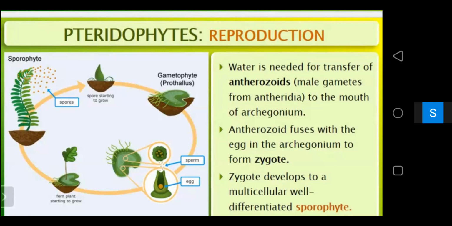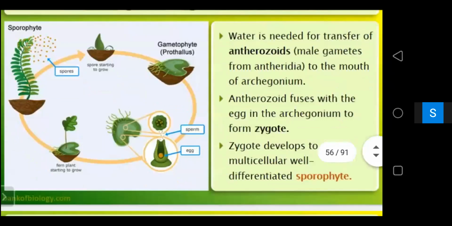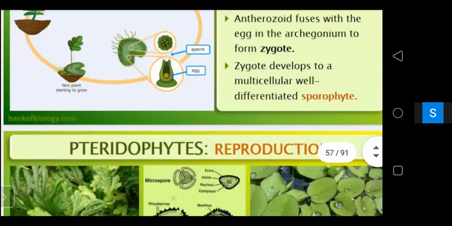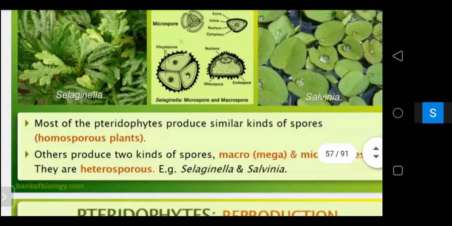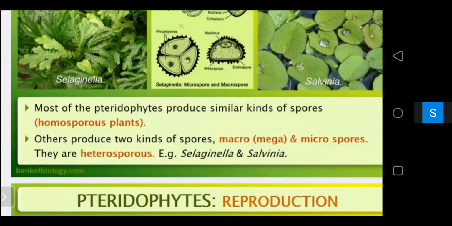The zygote therefore produces a multicellular, well differentiated sporophyte, which is the dominant phase of the pteridophytes. In the majority of pteridophytes, all the spores are of a similar kind. Such plants are called homosporous plants, where both spores are of the same kind, like Selaginella